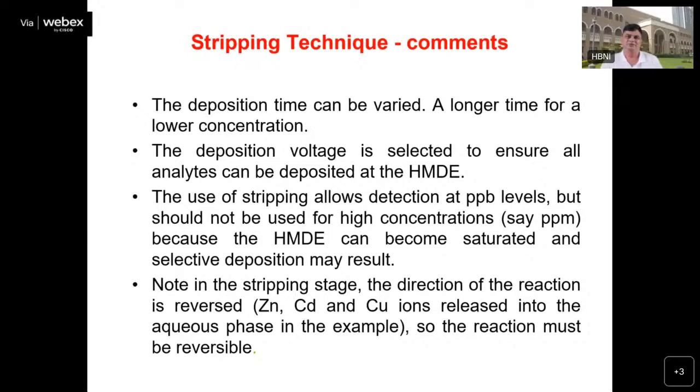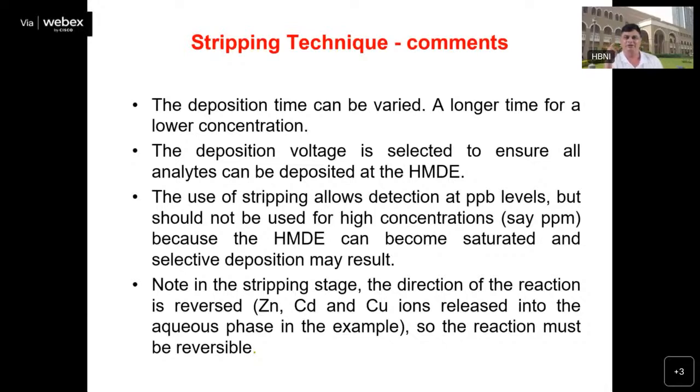And these are some of the comments for when we are using any kind of stripping. Deposition time can be varied, a longer time for lower concentrations, depending on what kind of concentration you are dealing with. If you have prior knowledge that you are looking for a low concentration, then you can increase your deposition times. The deposition voltage is selected to ensure that all the analyte can be deposited on the hanging mercury drop electrode, and the use of stripping allows detection at a ppb level, but should not be used for a high